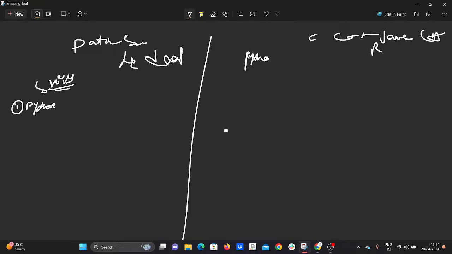Python came from the C language. C is the parent of Python. If you check this C language along with Python, the topics are similar. Python was developed in 1991, and at the end of 1991, version one was released.